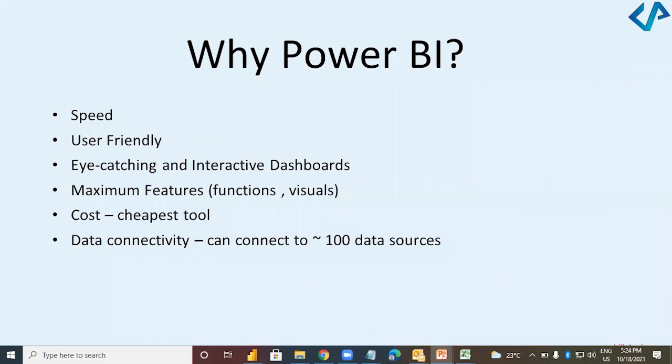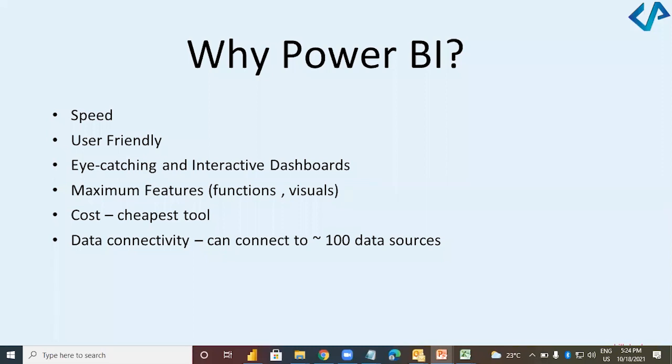All these things are available in Power BI as well. Now you might be thinking, if it is available in Power BI, it is also there in Excel. What's so exciting about it? The exciting thing is that all these functions are available in Power BI without writing any formula. You just have to click.